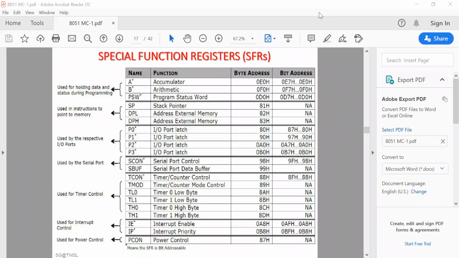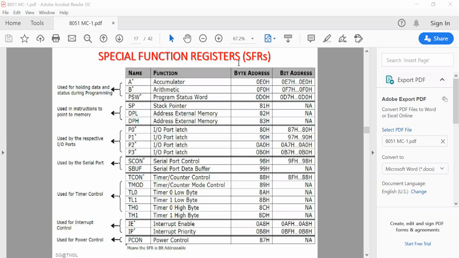Now, SFRs are 8-bit registers in the 8051 microcontroller. Each SFR has its own special functions. They are placed inside the microcontroller, in RAM, basically the upper 128 bytes of RAM.